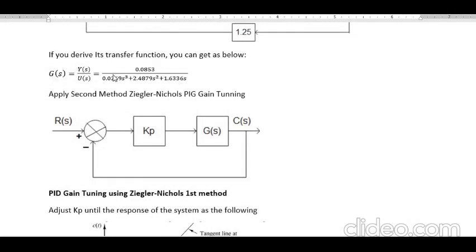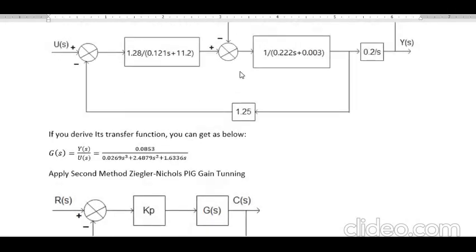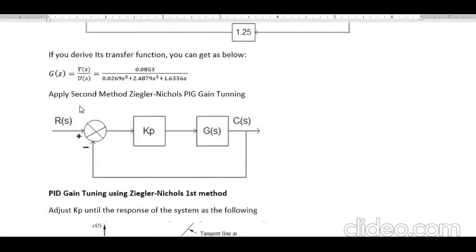After we get the transfer function of the system, we develop the block diagram like this, where this is G(s), the transfer function of the system, and then we give gain KP. That is the mechanism.